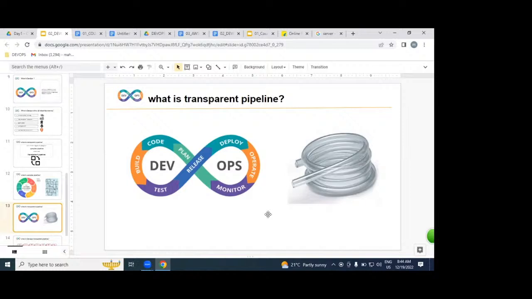Understood? If any issue or blockage occurs in the middle, you can see it at one look in this transparent water pipeline, see exactly where the problem is, and resolve it as soon as possible. The same way in the DevOps process, because DevOps is an automated process. DevOps is a transparent process. In the middle, if you get any issue or problem,